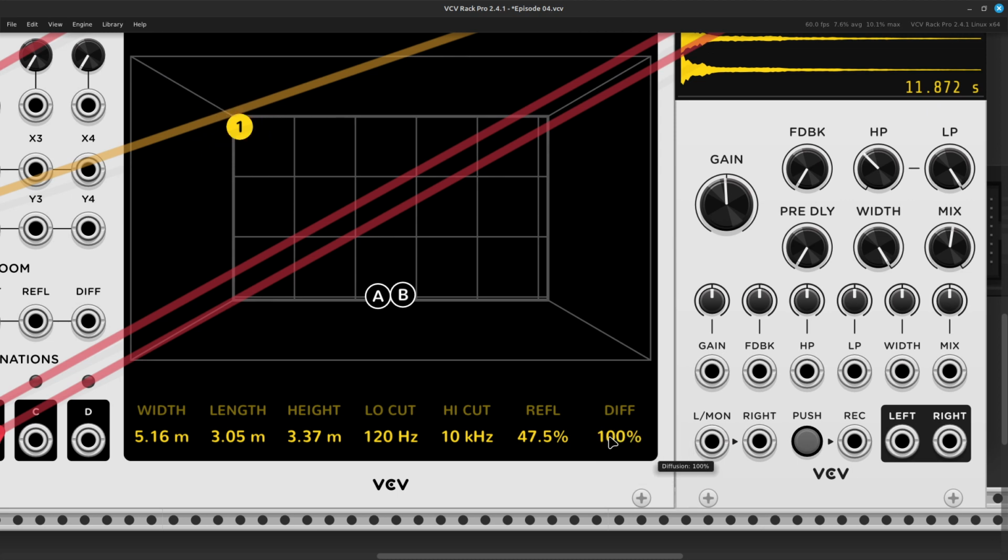Now listen to the tail of the reverb, like as it passes. You hear there how there's a little bit more rattle in it, and that's why I say it might be best to be using headphones here for hearing some of these subtleties. A little bit more rattle to it. That's basically like saying when the diffusion is up, right now it's at 10%, at 100%,